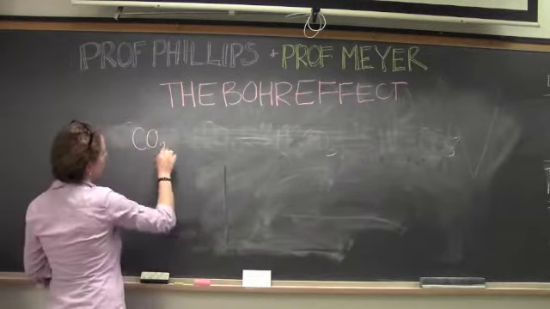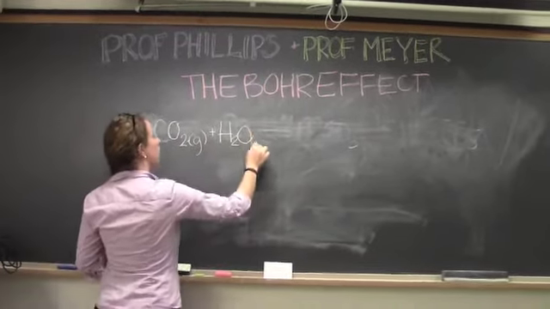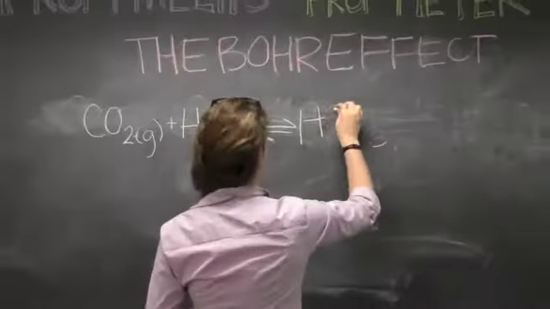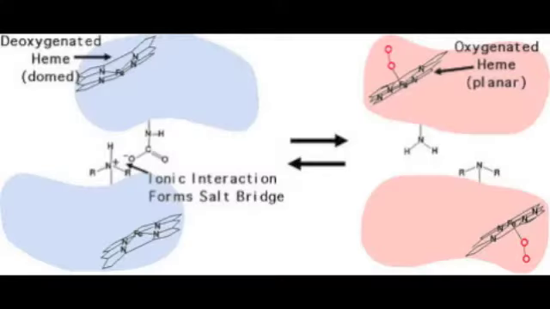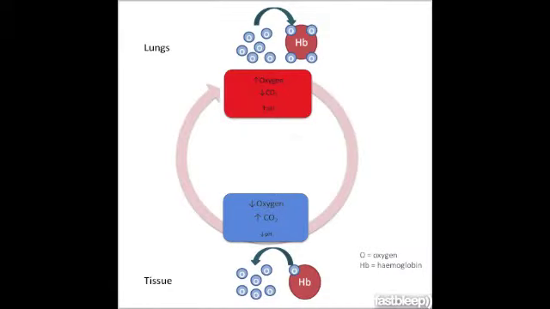The carbon dioxide in your lungs reacts with water to form carbonic acid. This dissociates to form bicarbonate ions and protons. The increased levels of hydrogen protons, in addition to bicarbonate ions, decrease the pH level of your blood. This change leads to the development of salt bridges, which helps stabilize the T state. It is important to stabilize the T state and decrease oxygen affinity in order to increase the release of oxygen